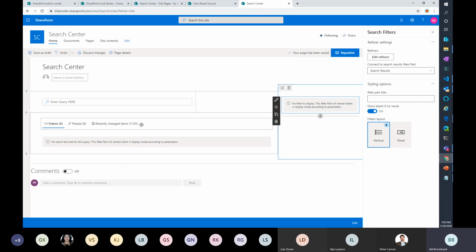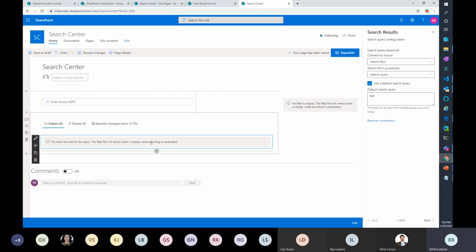The next piece, I'm going to skip over the vertical for the time being, because it really is something that's extra, is the actual search box. This one is mappable. This is the one I talked about; you can use it as a content query web part. It lets you set up how it's going to pick up the search results, where it's going to get them from as a default. You'll see that it added both the vertical and the filter in there. But normally if you have a search box on the page, that's where you're going to pull your data. It's just not targeting specifically which one of these it's using.